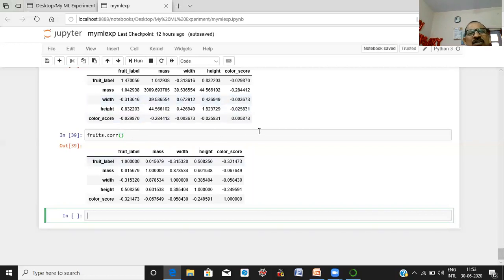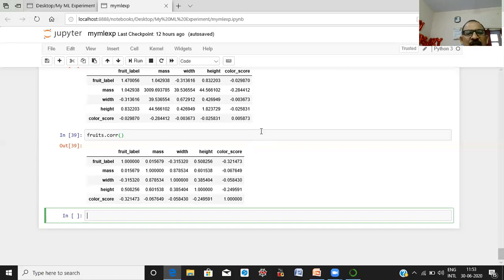In addition to covariance, correlation also gives the strength, or you can say the binding, between two variables, the degree of correlation between variables.